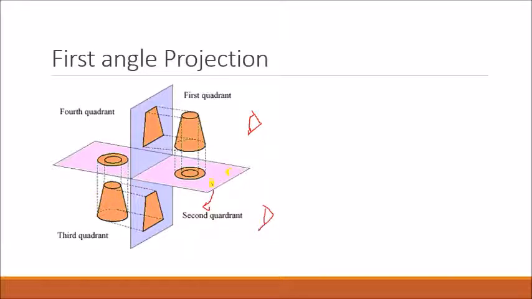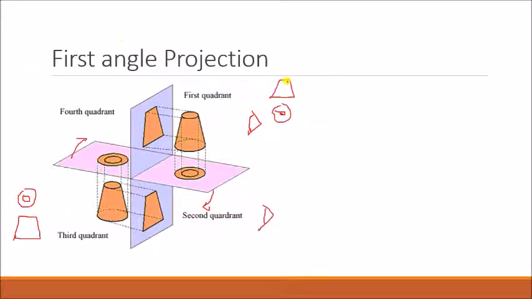Okay, so once I open this plane and keep it here upwards, what happens, you will get here your front view and top view here. So the main difference between first angle and third angle is that, once you open this in first angle, your front view will be here, and your top view will be at the bottom. Clear? Same way, if you open this in third angle, your front view will be here, and whatever top view will be there, that will be at the top. Okay, so that is the main difference between first angle and third angle projection.